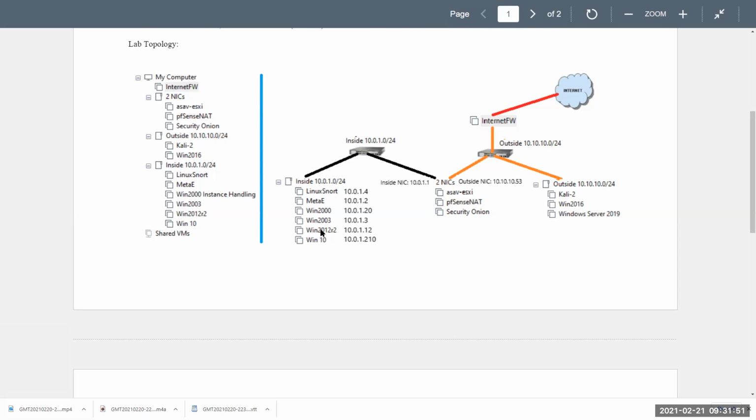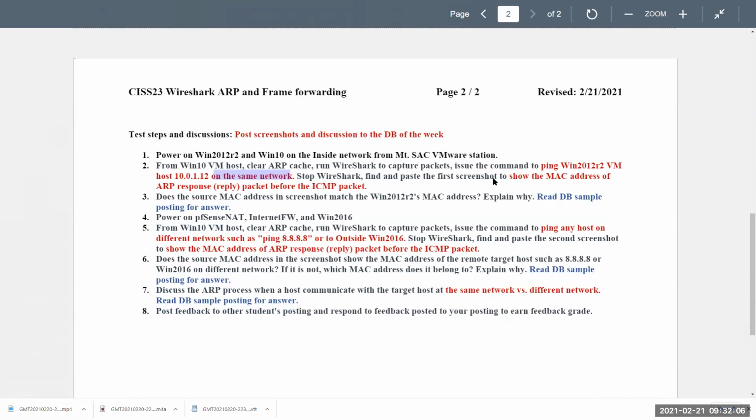So the 2012 can actually go through your PFSense. In this exercise, we use PFSense. Then it can ping Windows 2016, which we will also turn on, and we can go through the internet firewall to ping Google. That's what I just explained